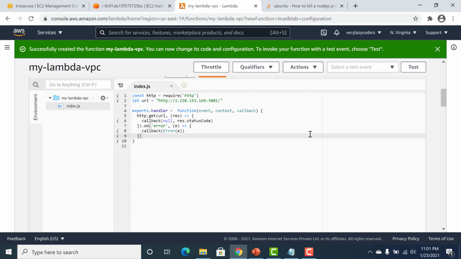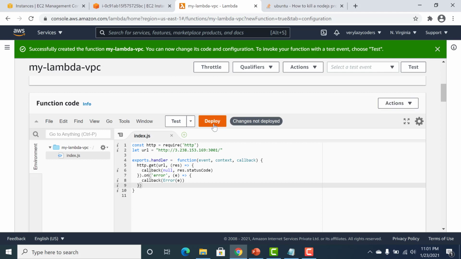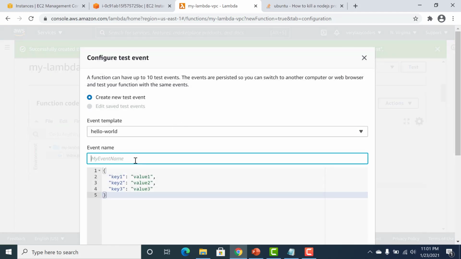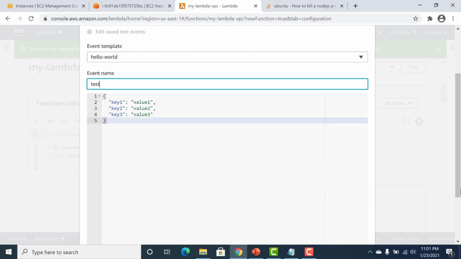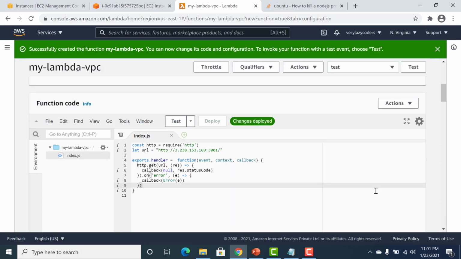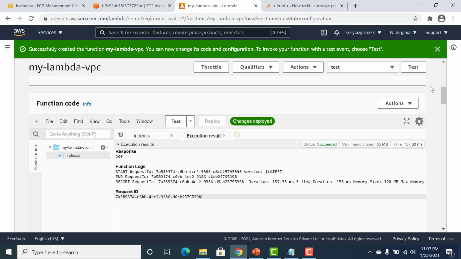So let me just test this, deploy it. And if I test this, it should be able to connect. You can see that the response code that I got back is 200.